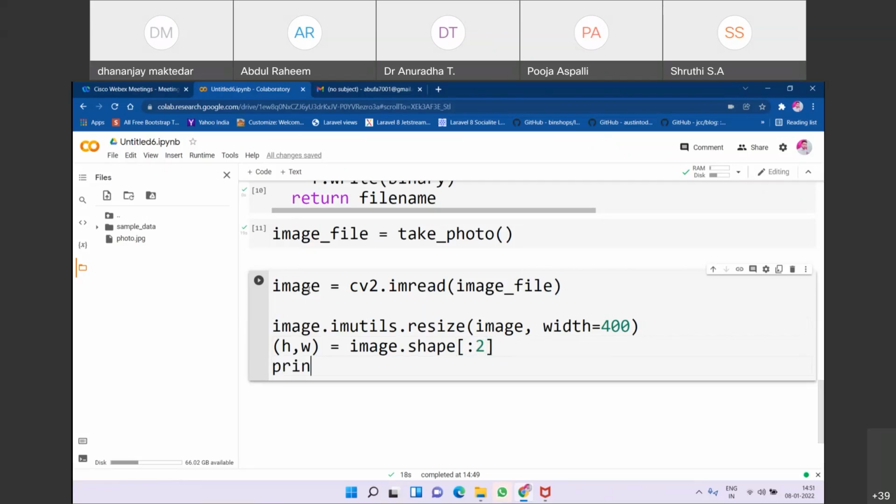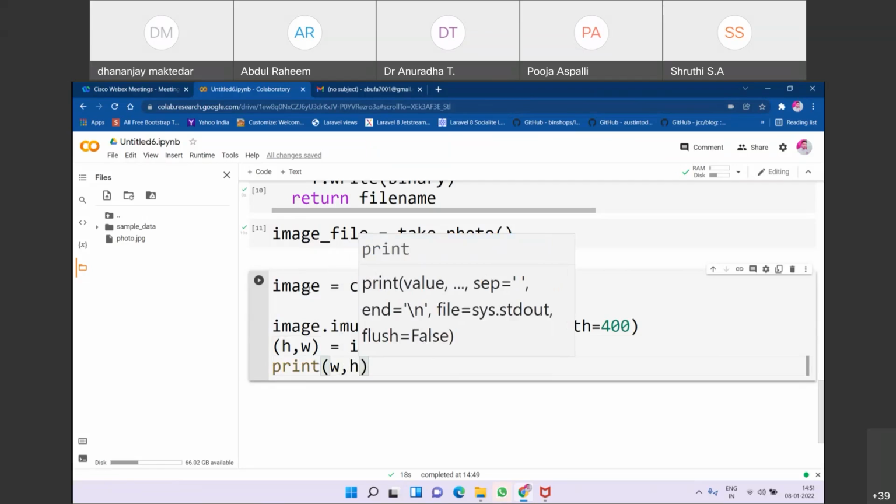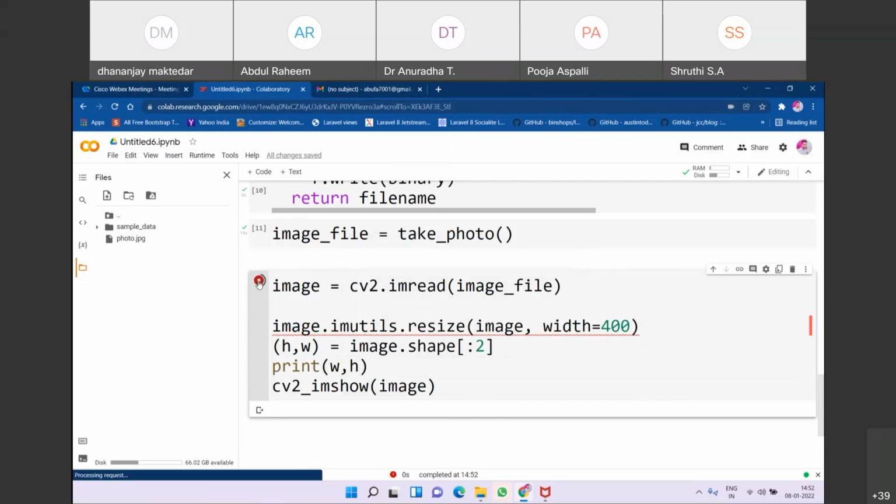And now print the width and height, and we'll allow cv2 underscore imshow to display the image. So if this is going to work fine,